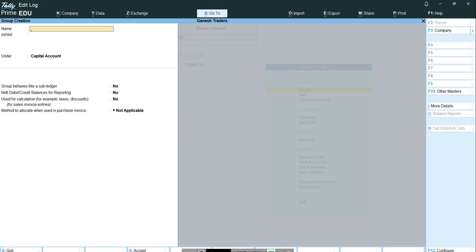Just enter groups. We have group creation here, under, and whether the group behaves like a sub-ledger, net debit/credit balance for reporting, used for calculation. For example, taxes, discount for sales invoice entries, method of allocation used when users use a purchase invoice. So we are showing like this. Then we have the option